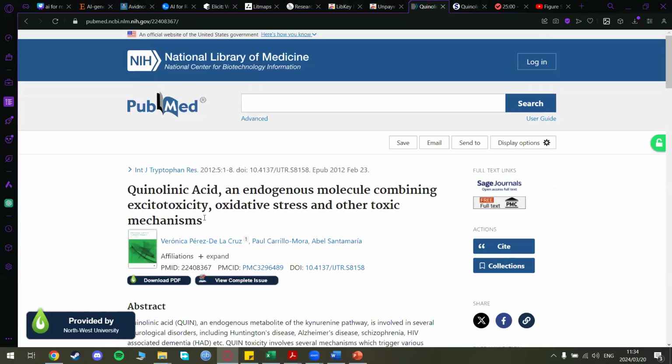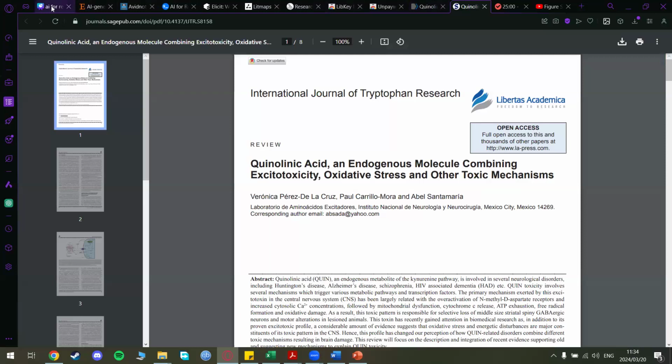Sometimes the articles are published in different journals, and there is maybe somewhere an open access version of the article, and then this will just take you to that journal. So it's quite nice. I use both of them a lot if I need to download any articles.